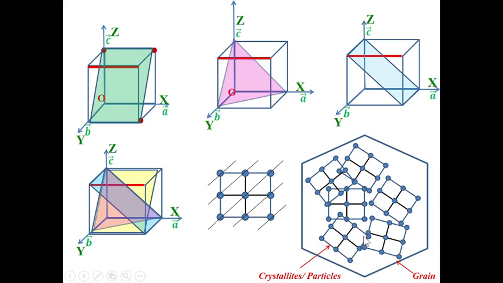A single crystallite means that inside the grain a particular orientation of the arrangement of atoms is there, and here another particular direction is there. So inside this, a large number of crystallites will be present. If it is ferromagnetic, then each and every crystallite will act as one domain. If it is a ferroelectric material, we are not going to discuss those things here. So you just concentrate on the fact that inside the grain a large number of crystallites will be there.